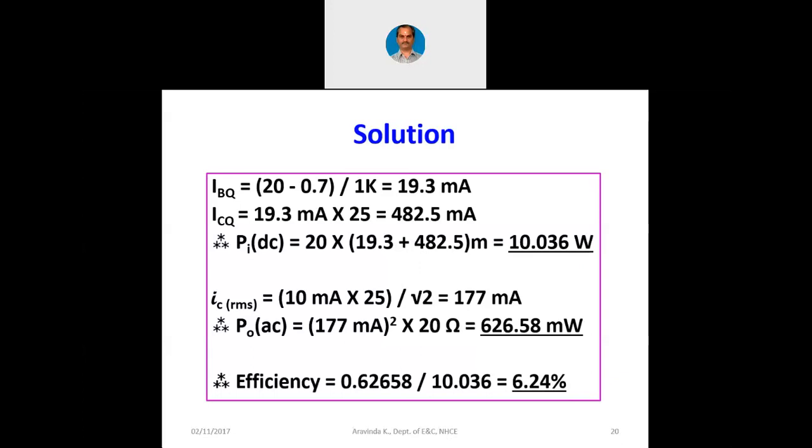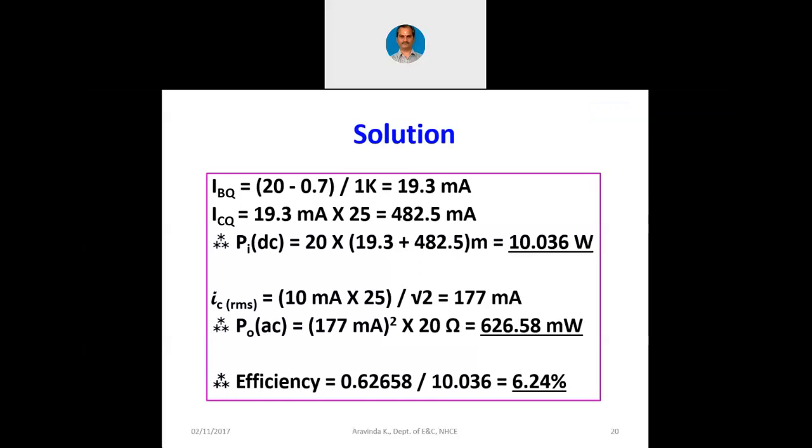Now in this case, when we supply 10 watts of power to the circuit, we get an output of only approximately 0.6 watt, right? We supply approximately 10 watts and we get an output of only 0.6 watt. What happened to the remaining 9.4 watts? That 9.4 watts simply gets converted into heat, and that's the wastage of power.